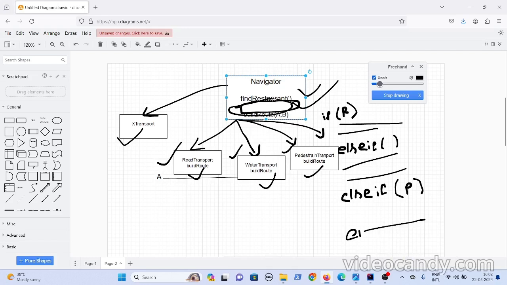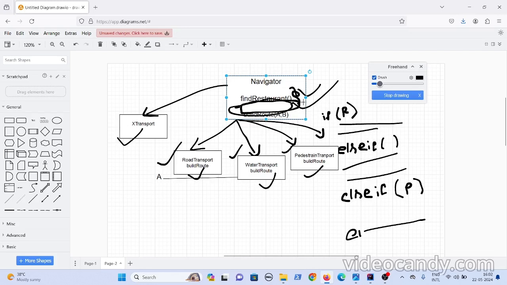Let us assume, okay, now in this case you can't put logic here, because let's say there is a navigator who wants to go by road route, but he wants 5-star restaurants. Now what you can do is, maybe in the find restaurant method, if 5-star, give this logic. If else, if the medium priced, give this logic. Like this, if else, if you can put in the find restaurant method.